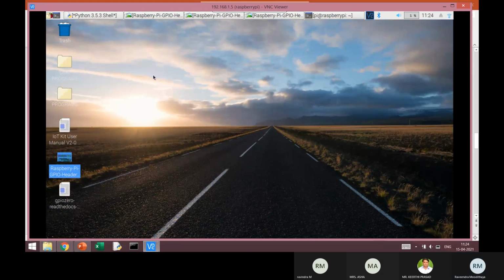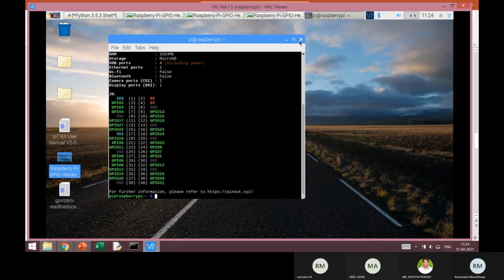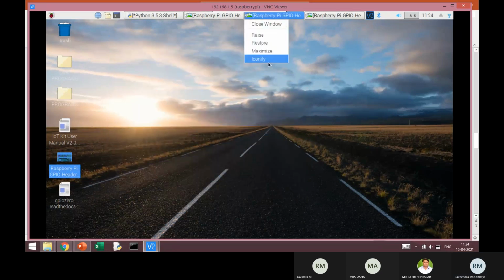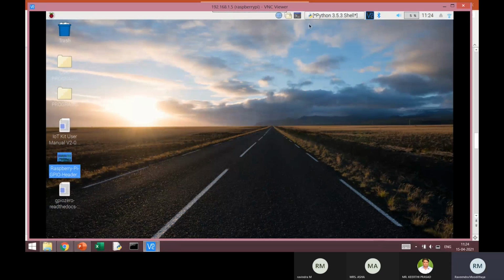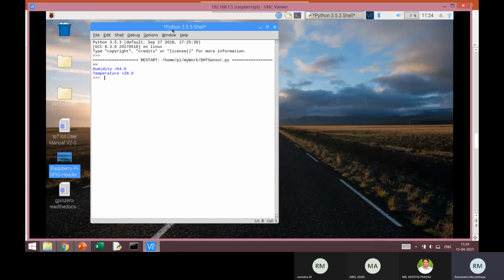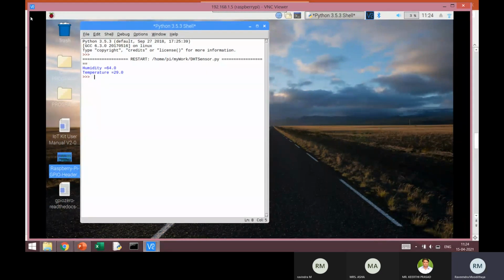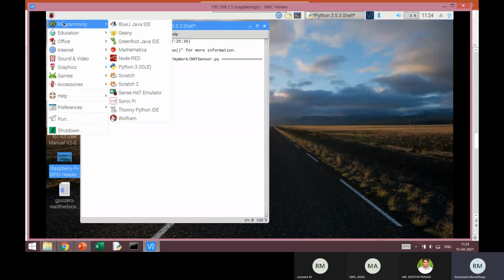I'll close these things. You can open the Python interpreter, which is available here under the programming tab, Python 3.